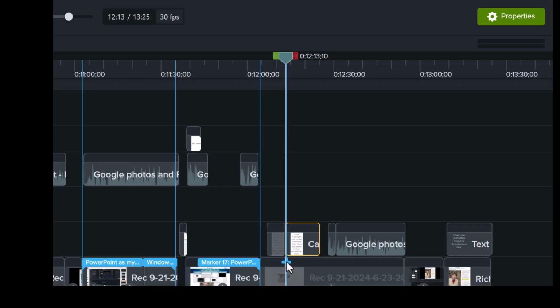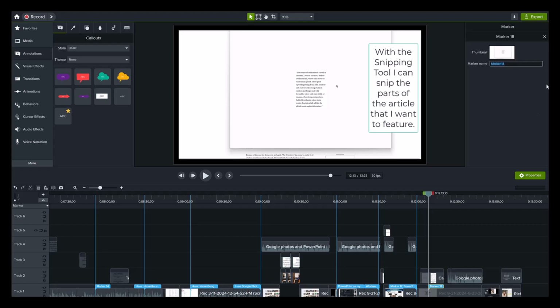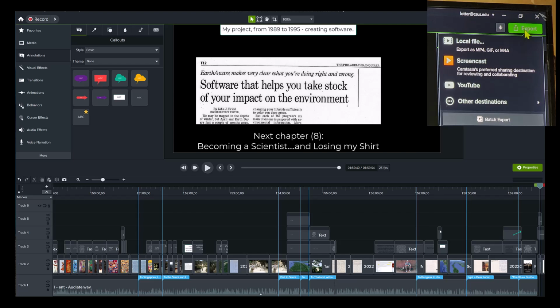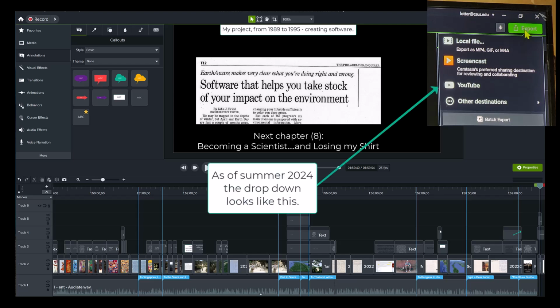Okay. Down on the timeline, click on the plus. Each of these has to be at least 10 seconds after the last one in order to work for YouTube subchapter links.